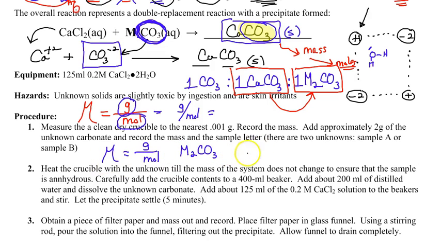So the molecular mass could be there's two of the individual metals that we have. So 2 times X, we're trying to find the mass of the element, plus the mass of the carbonate ion. We can do 3 times 16 plus 12 as we've done before. So the mass of the carbonate ion